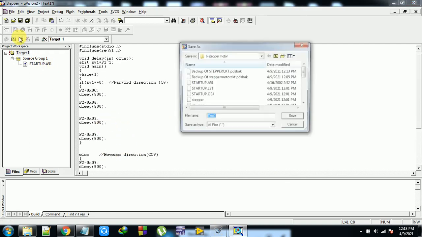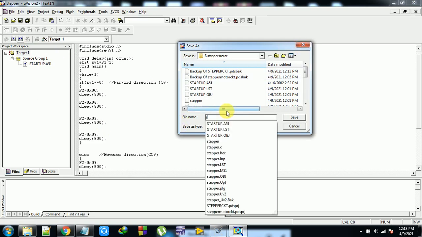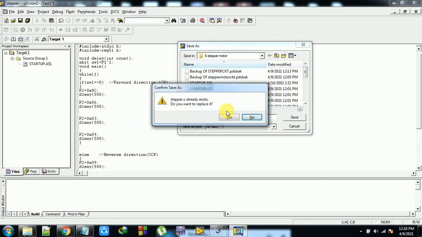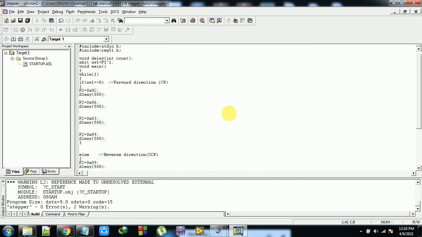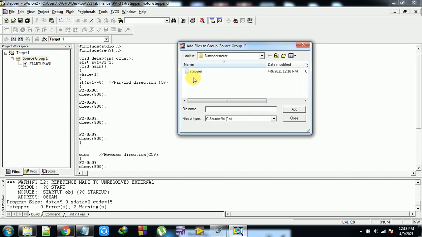Now compile. So first I need to save the code. stepper dot c. Okay, yes, so stepper dot c. Now stepper.